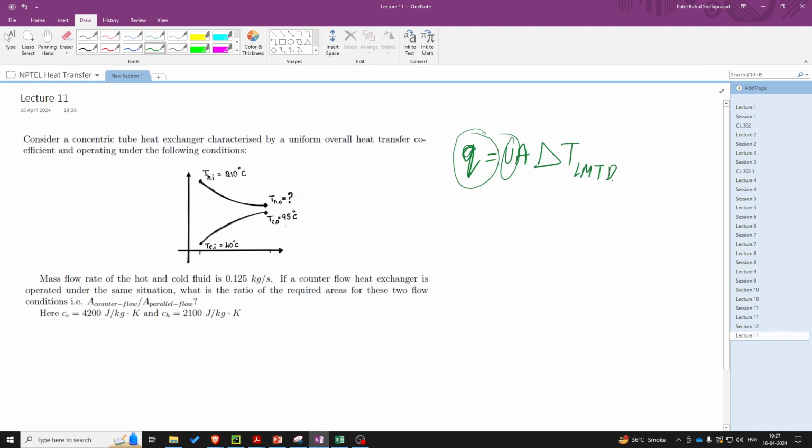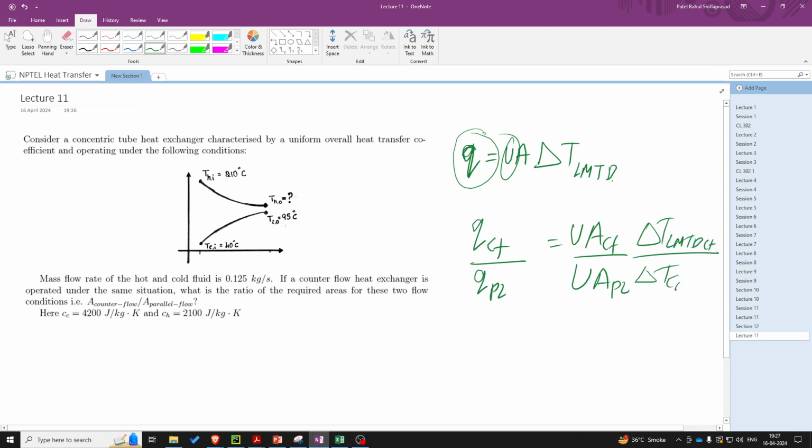So if we have to find the ratio of this counter flow as well as this co-current flow or the parallel flow, you can just write this as Q of counter current flow upon Q of parallel flow, that's co-current flow, will be equal to, U will remain same, ACF on APF delta T LMTD of CF on delta T LMTD of parallel flow. Again, this U are same as well as Q will be same. That is, we can write